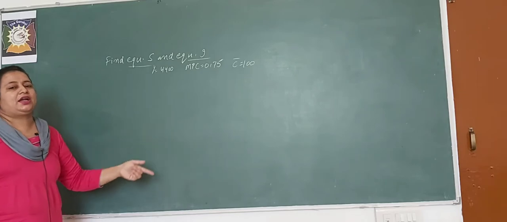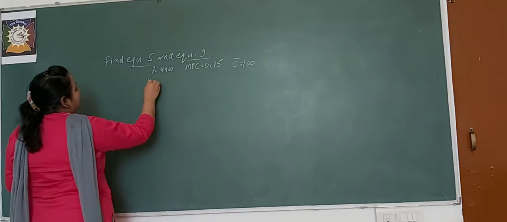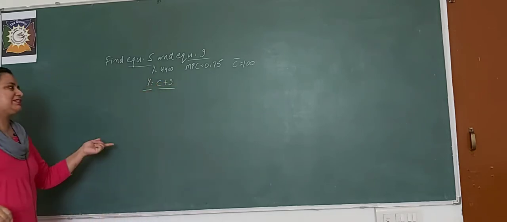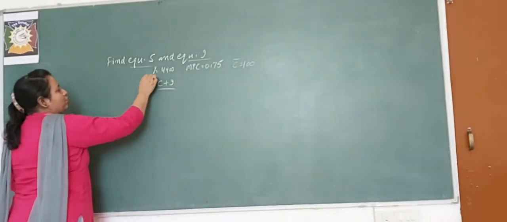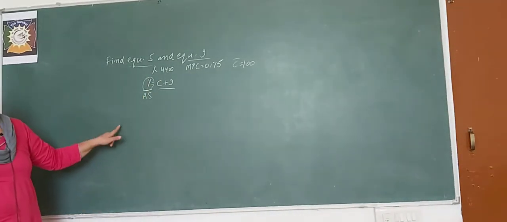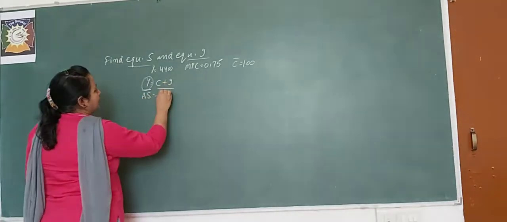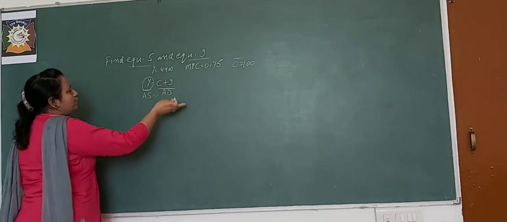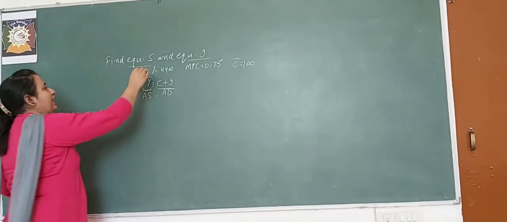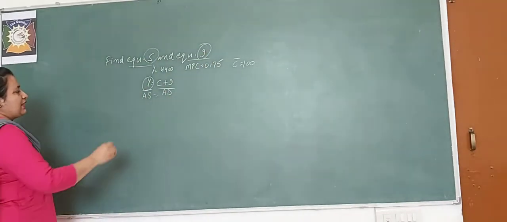It means saving and investments are equal, and we know this thing, Y is equal to C plus I. अब ये कैसे आया Y is equal to C plus I? We know that AS, it means aggregate supply and income are identical to each other, and we know this thing, that is AD is equal to C plus I. Now what I have to do, अब मुझे करना क्या है? I have to find S and I have to find I. तो let us start. Firstly I will find S.